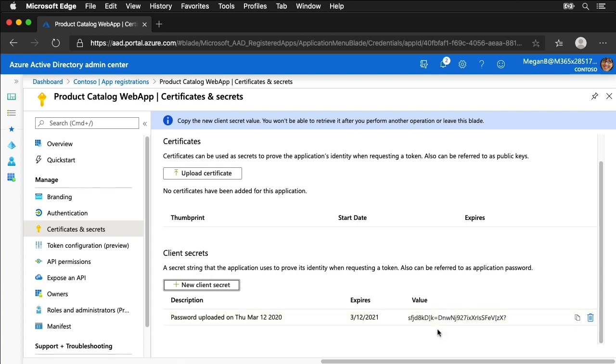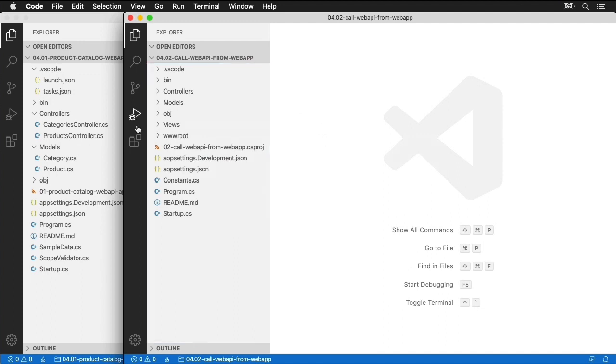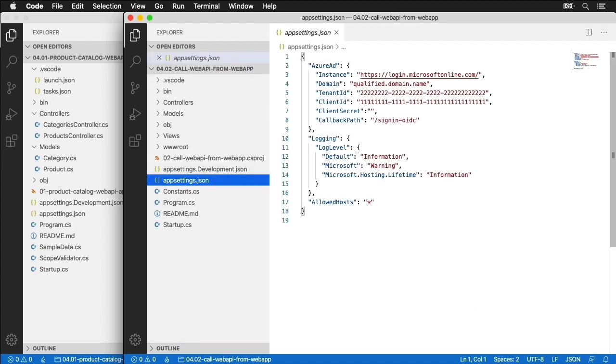So if I switch over to VS Code, I have my old ASP.NET Web API project that we created in Demo 1 off in the background, and I have this new web app that I've created over here that we're going to walk through. The first thing we're going to do is go ahead and configure this. So a few things we want to configure. I need to set up the tenant ID, client ID, and the secret. So I'm going to go grab the secret,